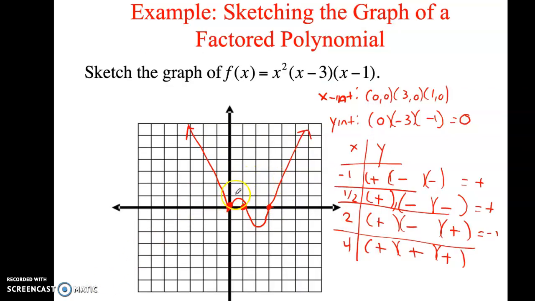Now, what you're going to find, and you don't have to know these facts, it's just to throw it at you, x squared is a parabola, so it's going to look like a parabola from 0. x minus 3 is a linear line, so it looks like a line, and x minus 1 is a line, so it looks like a line. So actually your graphs will look like this. You don't have to know those facts. You're going to get into those details in